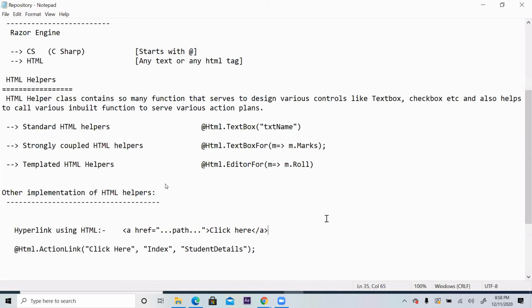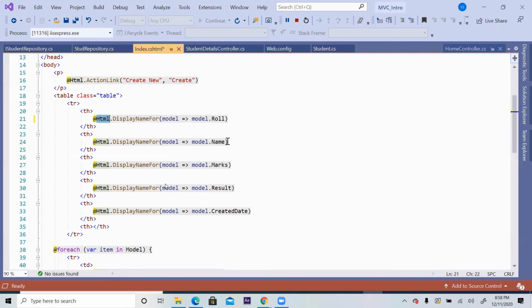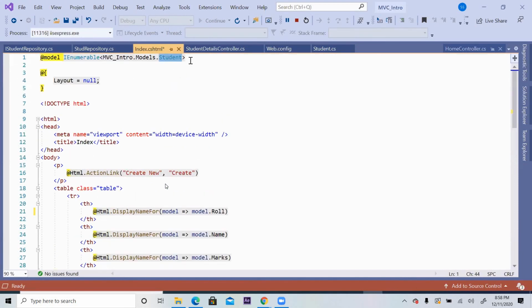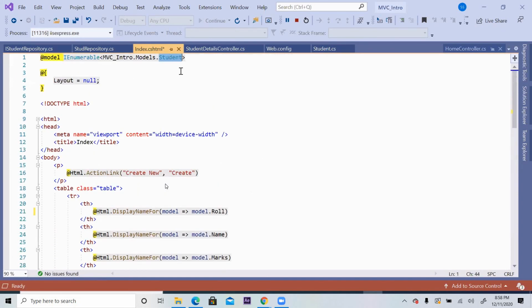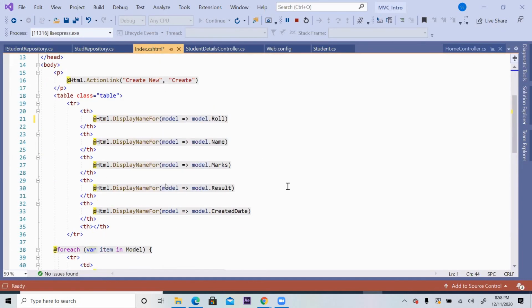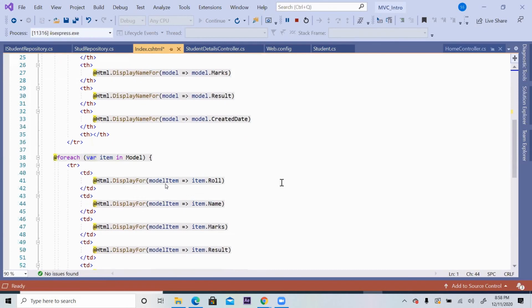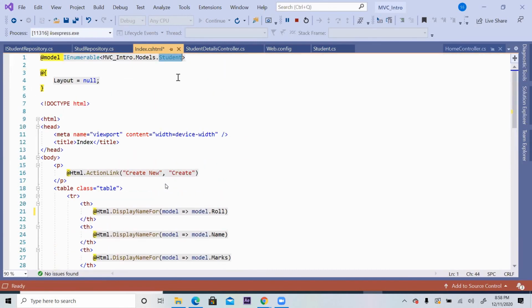You can, because your view doesn't indicate two models at a time, right? You can see here, you mentioned the student model, meaning it will understand those student things. Can you see here, DisplayFor says model such that model.result. So ultimately it is understanding the result property of the student class. So one view can connect with one class only, so it doesn't matter.